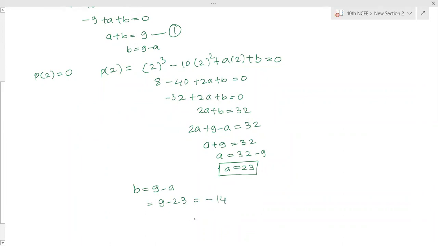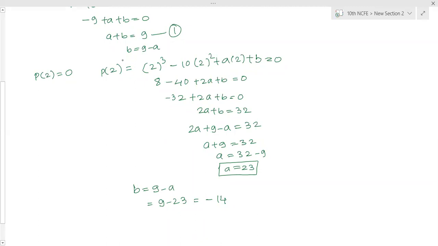Ma'am, I have a doubt. What I did is I didn't do 2a plus b is equal to 32. I did 2a plus b minus 32 is equal to a plus b minus 9. You equated those values, then you will get again one more equation. So because of that, you are not able to solve. The same type of doubt I had in another question, but I'll do it. Now you can do it.